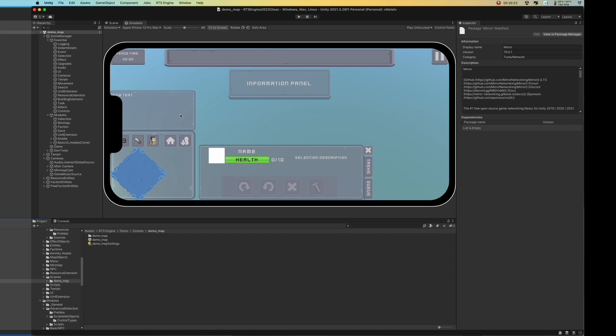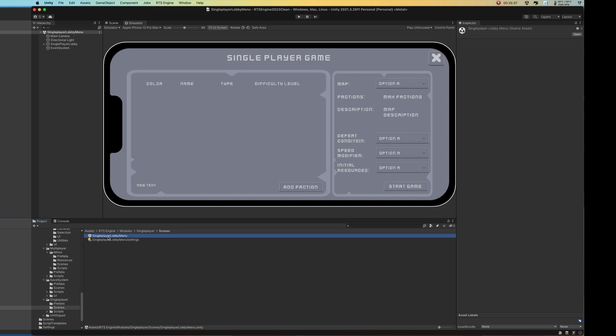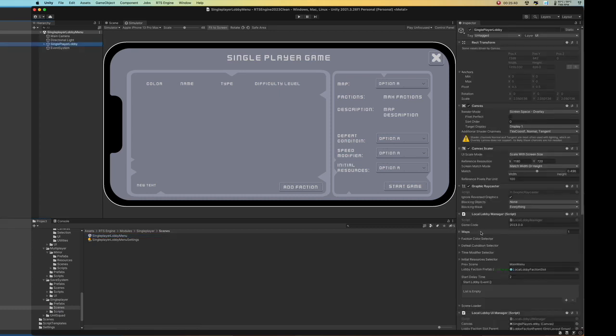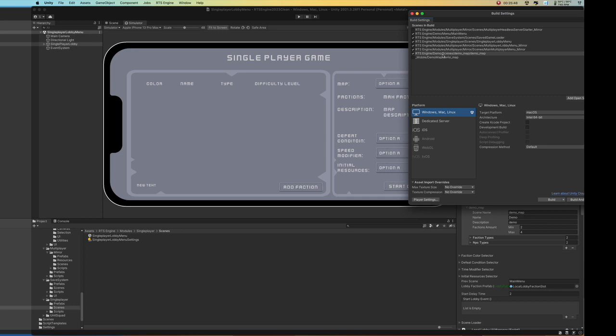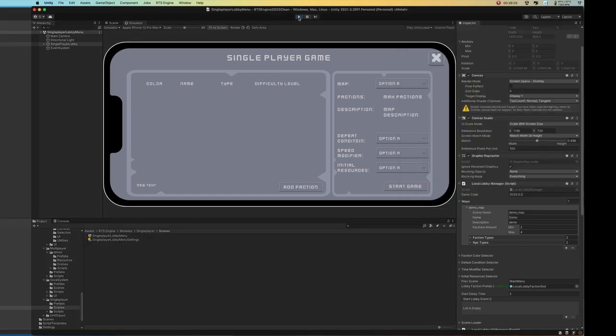So we know our mobile map has got the mobile layout, right? And then our single player screen. This might seem a little bit confusing to some people. On our maps, we only have the demo map. So the scene name is demo map. On our build settings, we have our demo scene, obviously, and it's going to be whatever you're naming your maps, map 1, map 2, map 3. Demo map, and we have a mobile demo map. So on our single player screen, we have a demo map. So if I play this,